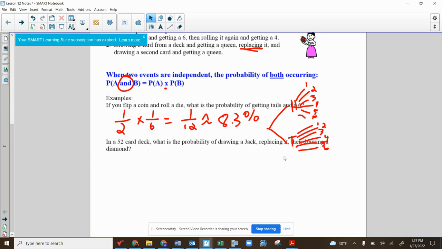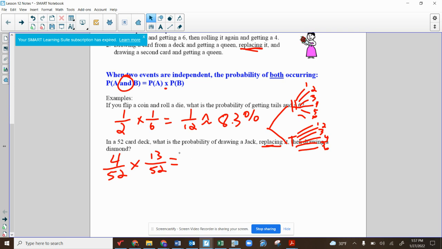In a 52-card deck, what is the probability of drawing a jack, replacing it, and then drawing a diamond? Take that first card, pull it out, probability 4 out of 52. Take the second card, put that one back, so I'm still going to have it out of 52. And now I'm trying to get a diamond, so there would be a 13 out of 52 probability of that. And if you multiply those two together,